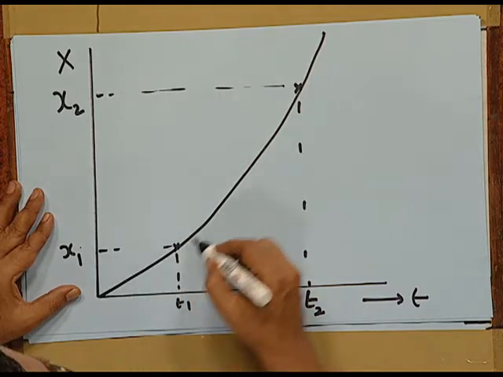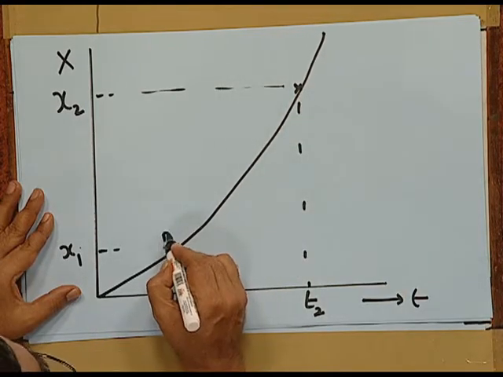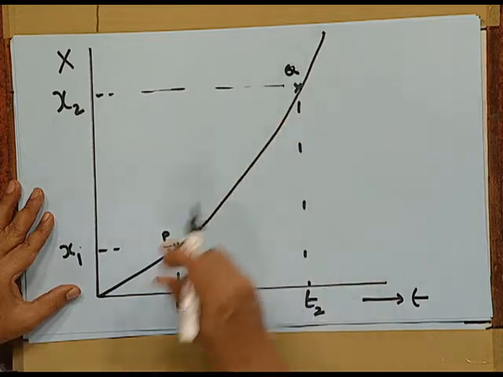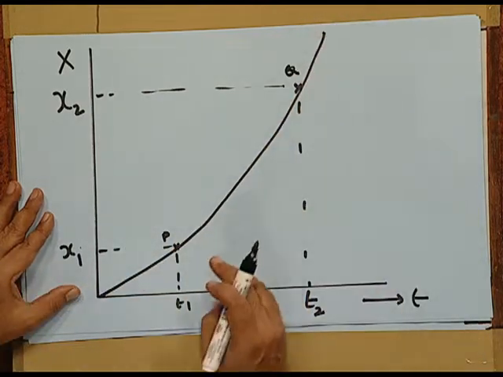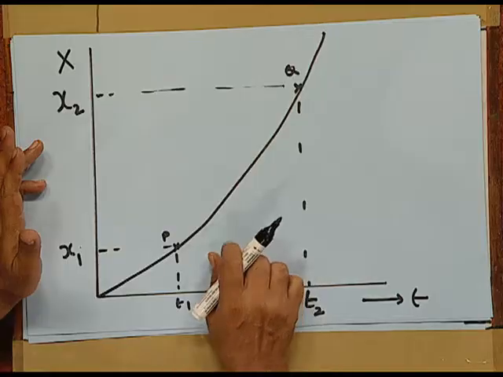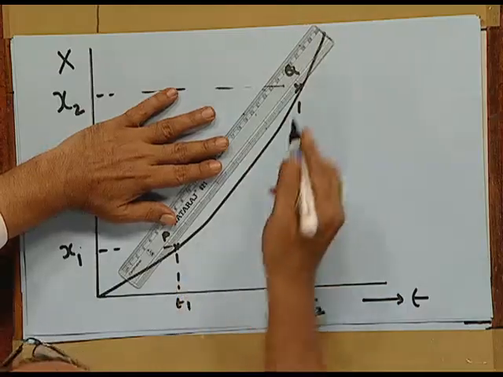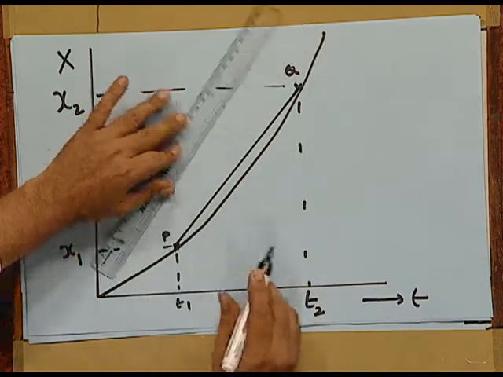As a function of time, the variation is this. Please understand, when I have joined these points P and Q, I have drawn a graphical representation, not necessarily a straight line. The object is moving in a straight line, but the variation of position with respect to time may be a curve. Now, how do we represent the average velocity in the graphical form? You join this point P to Q on the curve by a straight line, as I have done here.